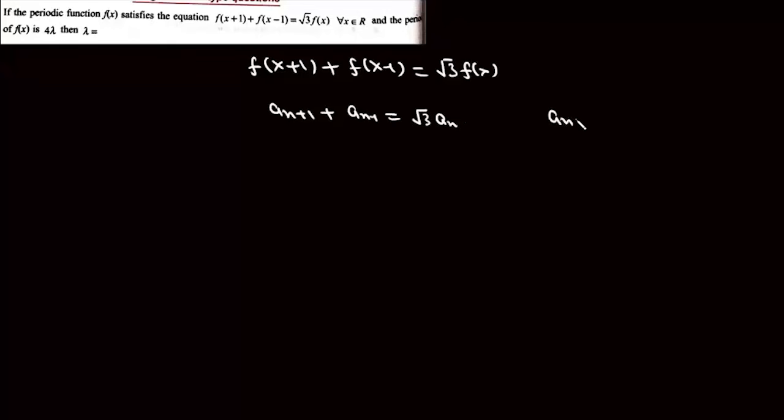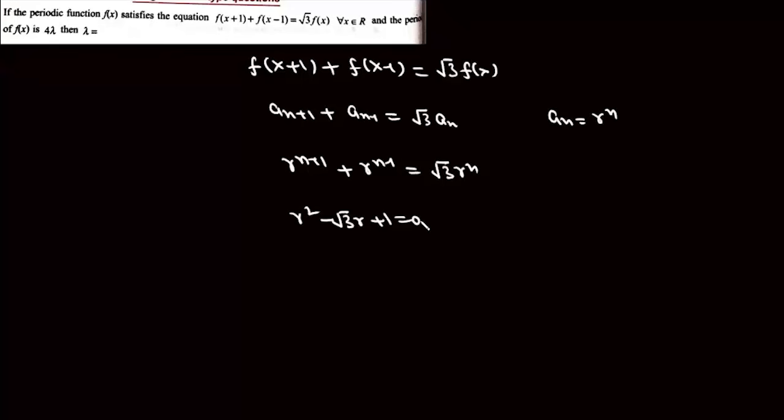Now we can try this recurrence with the sequence a(n) = r^n. So it will be r^(n+1) + r^(n-1) equals √3 r^n, or r² minus √3 r